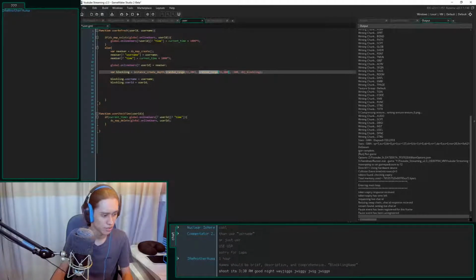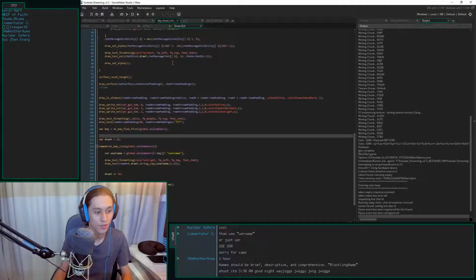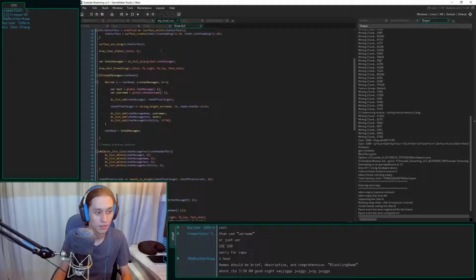Random range. Maybe it needs to be positive? It might be a depth issue with something being drawn. I think I know why. It's because my visual control is doing stuff in the draw GUI event